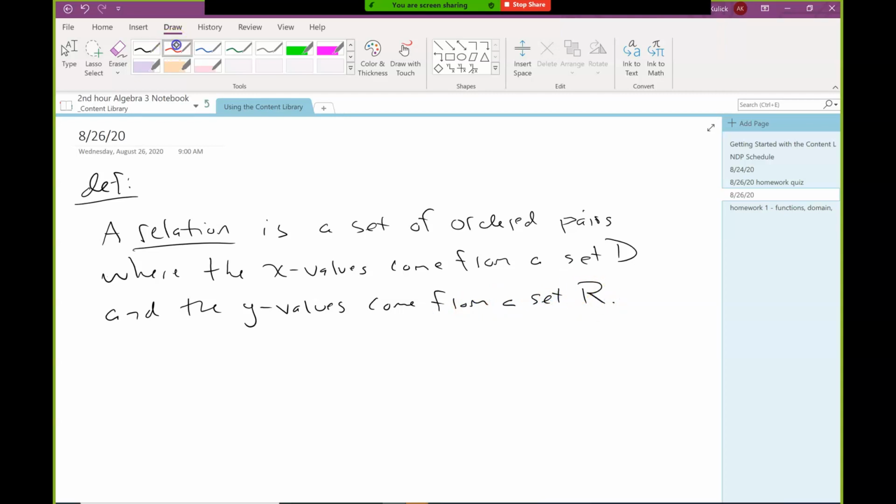Okay, so a relation is a set of ordered pairs where the x values all come from a set D